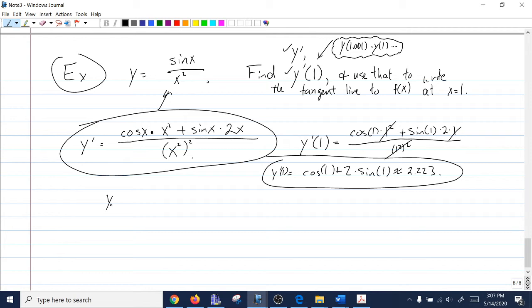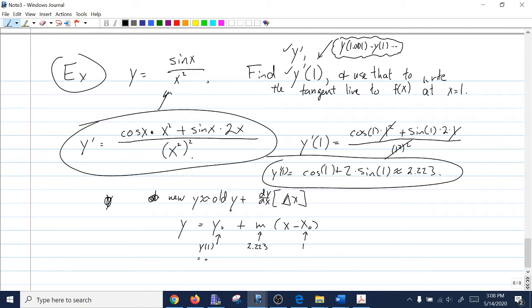The tangent line is one of those things that you can remember as, how did we write it? New y is approximately old y plus slope times the change in x. In this case, that's going to be y equals y value plus the slope, x minus the x value. This is the point slope form of a line. The x value we know is 1. The slope is the derivative we just found, 2.223. The y value, the old y value, is y at 1. We never found that. That's going to be sine 1 over 1